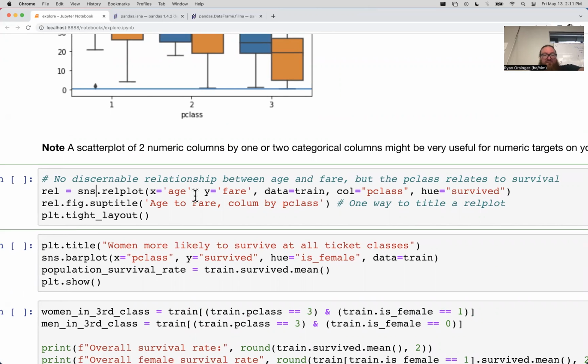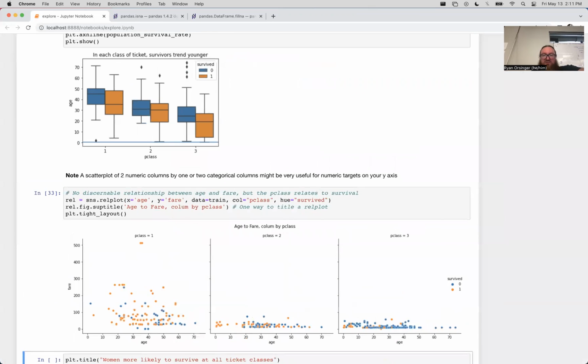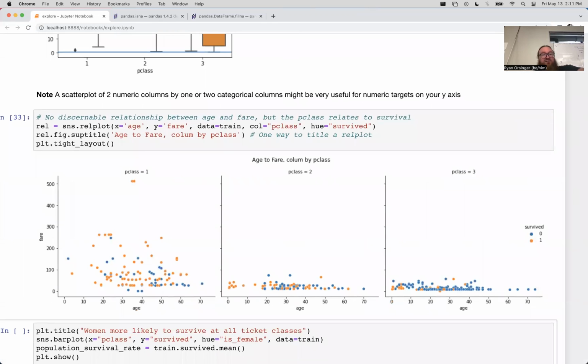Scatter plots are really nice. So I'm going to show you the picture, and then we'll talk about the code. What we're looking at right here is a scatter plot. So fare and age. Those are two new continuous columns. And what we're looking at is the fare to age broken out by the class of ticket, first, second, and third class, and whether or not people survived or not. And so in the legend here, survived is orange. So we see much more orange on the first class tickets. That tracks with what we saw earlier.